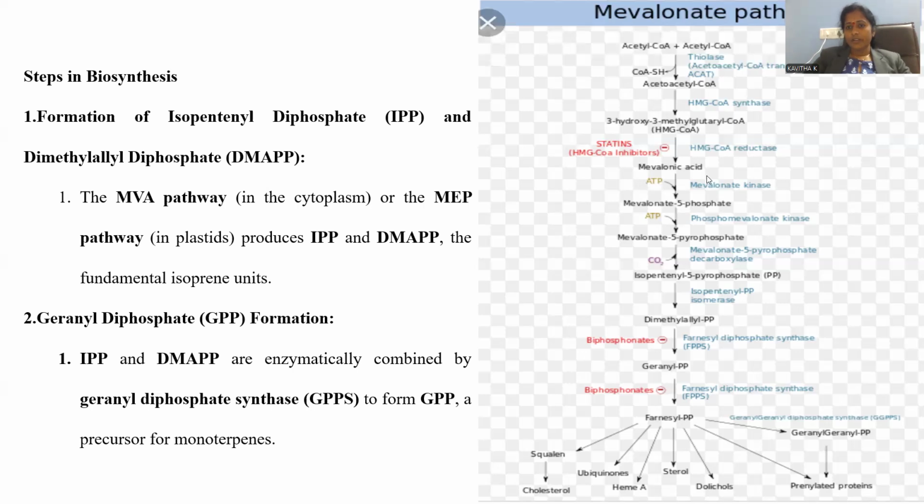After getting this mevalonic acid, it will be added with a phosphate moiety. ATP will be utilized for this purpose. ATP is called the source of power, from which phosphate will be supplied, so that mevalonic acid phosphate will be generated. One more ATP is consumed for this phosphorylation process. Later on, we can obtain mevalonate pyrophosphate. Mevalonic acid pyrophosphate will release carbon dioxide, giving rise to isopentenyl pyrophosphate.